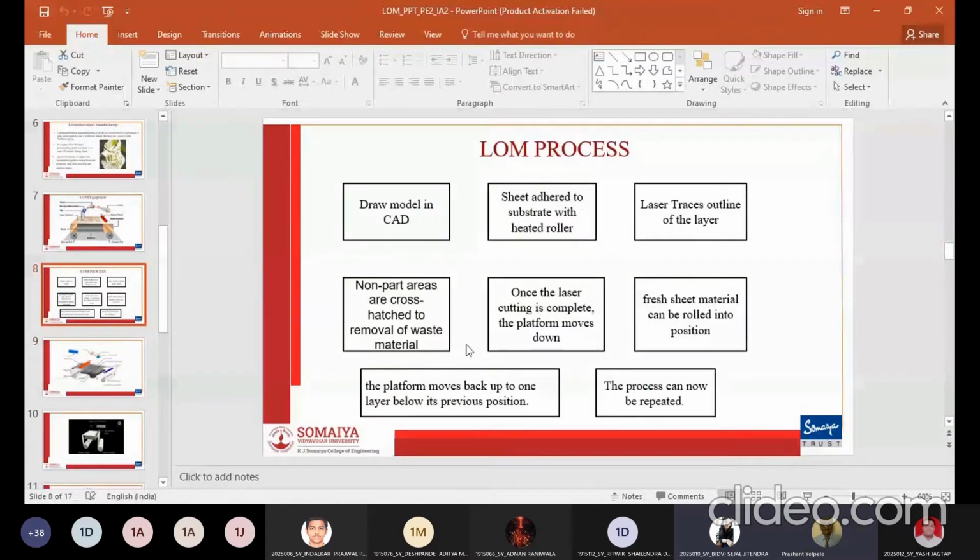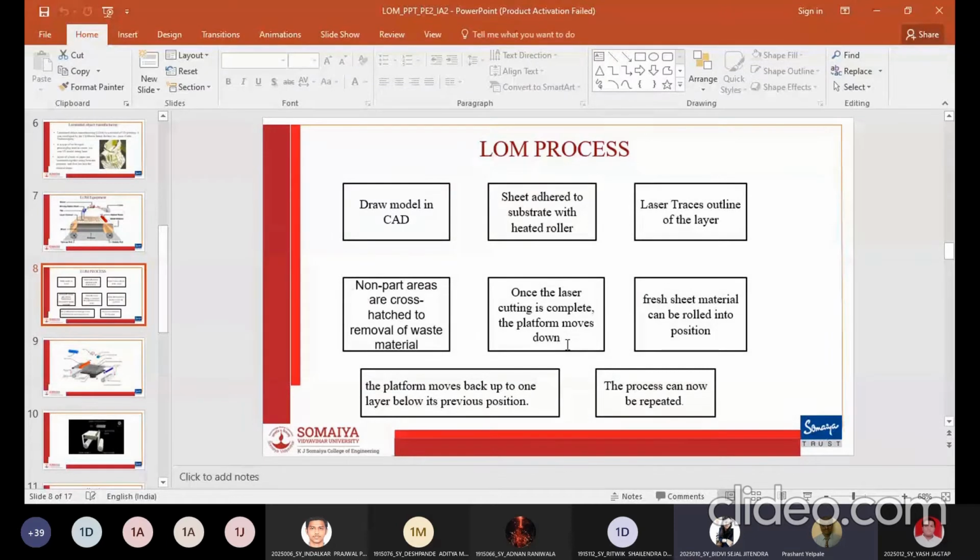After one layer is formed, the platform is lowered by about 1/16 inch, the thickness of a layer. New material is then pulled across the platform and the heated roller again passes over the material, binding the new layer to the previous one. This process is repeated until the entire object has been formed. Once the object is done completely, it is removed from the build-up platform and any excess material is cut away. Then finishing of the object is done.